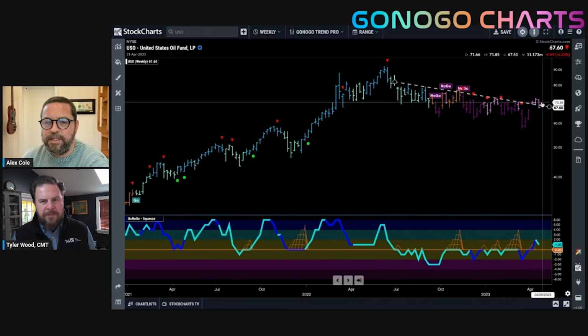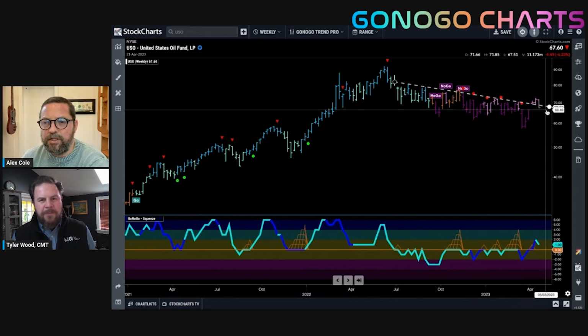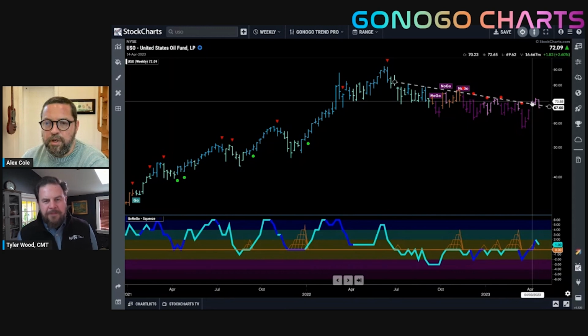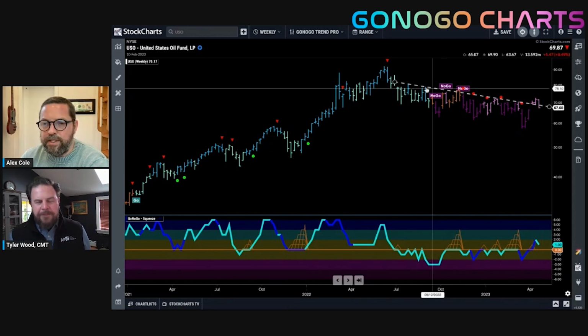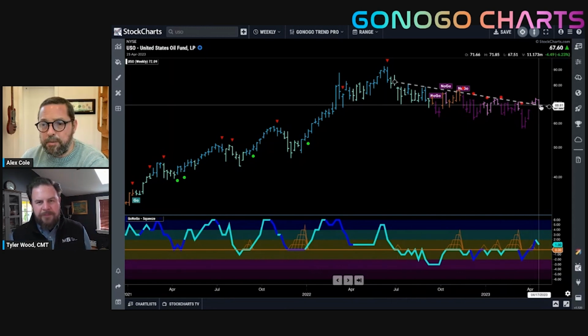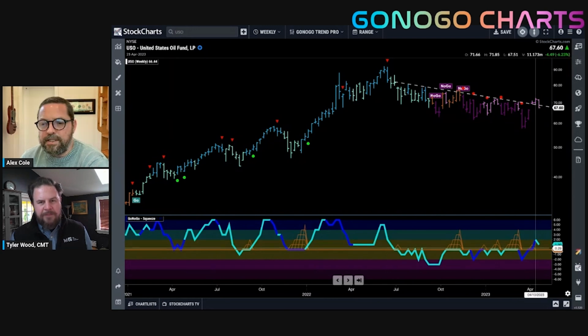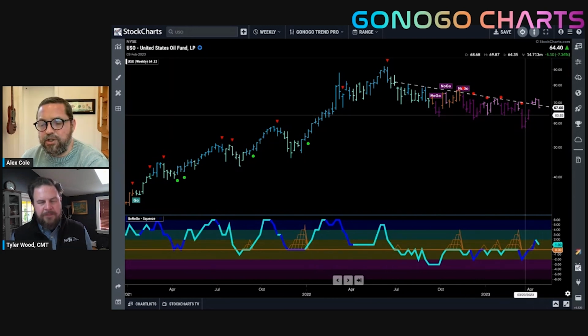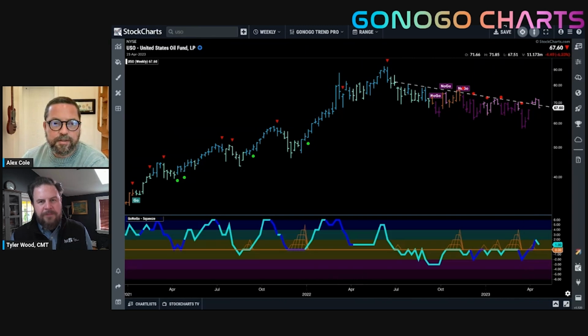Now, we haven't got out of the no-go trend, though. These bars are still painting pink, and today clearly not a good day for oil. So we'll want to see now, will this downward sloping trend line act as some sort of support, depending on where we close at the end of the week, or does this take us back into that downward trend that we were in? So like you said, all these charts really show us uncertainty, and certainly a lot of inflection points everywhere where we'll really need to watch to see which direction these trends take.